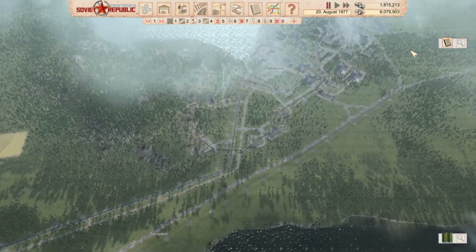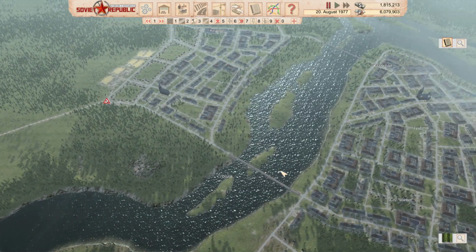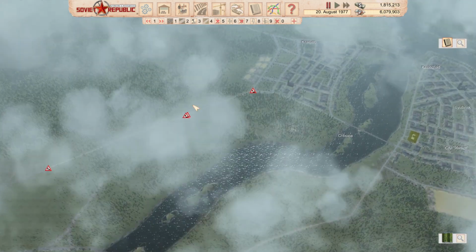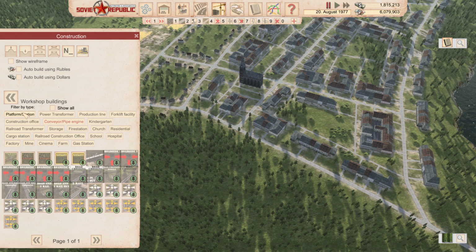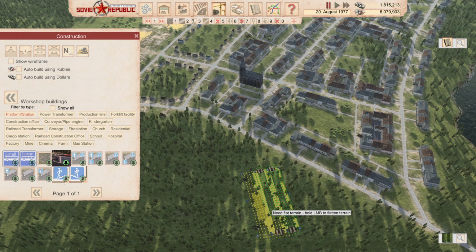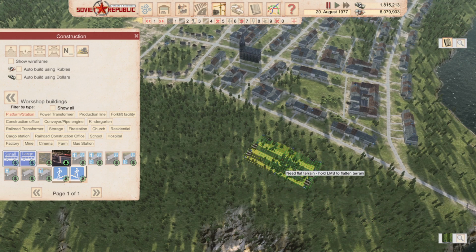So we're continuing our oil work over here. One of the things I want to do now, we will not be connecting additional rail through here. What we may do is extend this rail up there. So one of the things I want to start planning over here is our railway station. So if I go to mod platform station and I say I want the nice big station over here, please. One of the things we will do is try and find a decent location for it so that it can